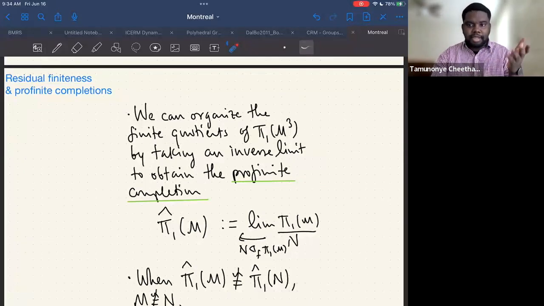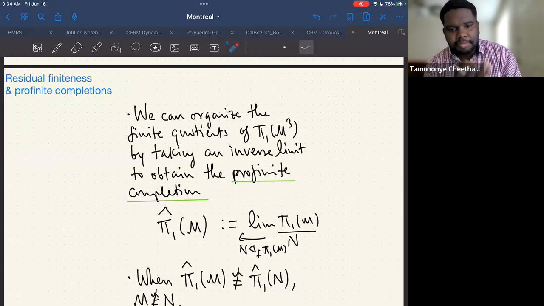And that inverse limit is the profinite completion. And an equivalent reformulation of residual finiteness is that a group embeds inside its profinite completion canonically. Okay, and so